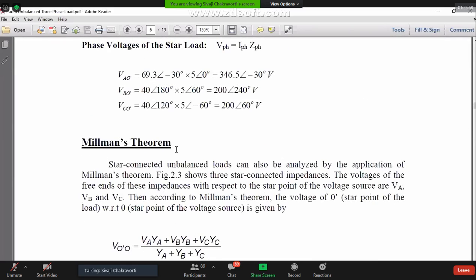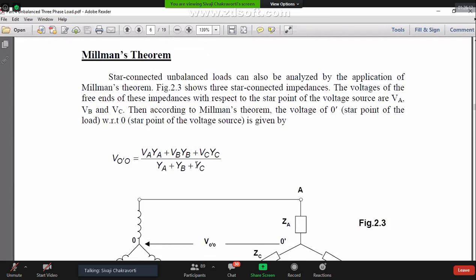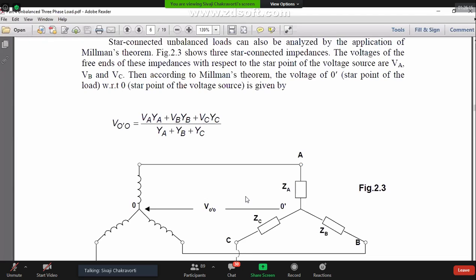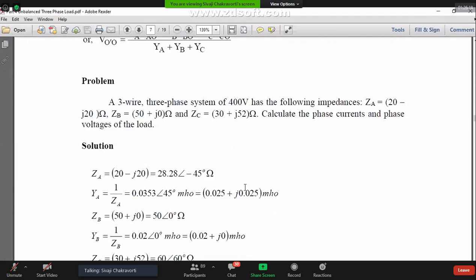So there is a voltage here. So instead of taking all that loop, I am directly saying that there is a voltage between O prime and O. So if I take O, A, O prime, O, there will be three voltages. What are these? One is between O to A. This is the source voltage. Then A to O prime, this is the load phase voltage. So source phase voltage plus load phase voltage here, plus this neutral shift, that has to be zero. Because Kirchhoff's voltage law has to be valid. We cannot violate it. So this is the Kirchhoff's voltage law. So what we say is that what is VAO prime?